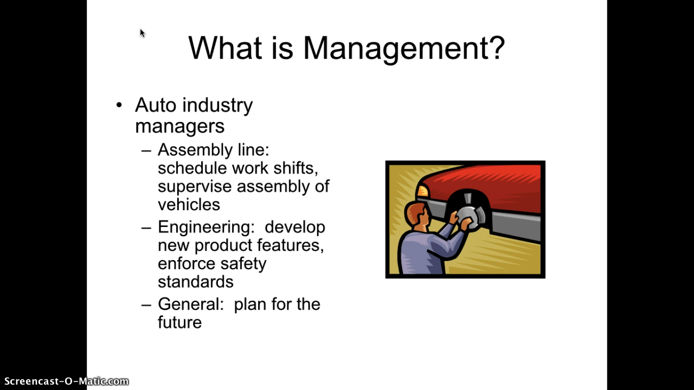Okay, so if you look at the example of a car dealer or car manufacturer, you have managers that are just in charge of the assembly line. Okay, they're scheduling who works when and who's on what machine. You have an engineering manager that is into developing new products, innovative things, and working with engineers. And then you have a general manager, or people that are managing not a specific part of the factory, but